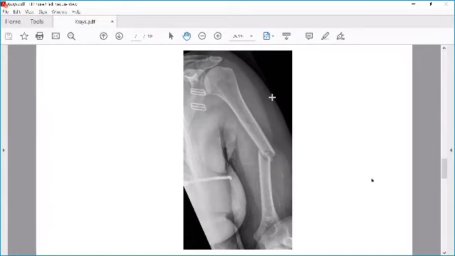If a patient has a shaft of humerus fracture with neuropraxia of the radial nerve, what will you call that type of fracture? There's a specific name for it. Holstein-Lewis. Yes, Holstein-Lewis fracture. That thing they can ask you, but that fracture will be a little bit lower down. They can ask you in viva what fracture that one is, so you have to know that.